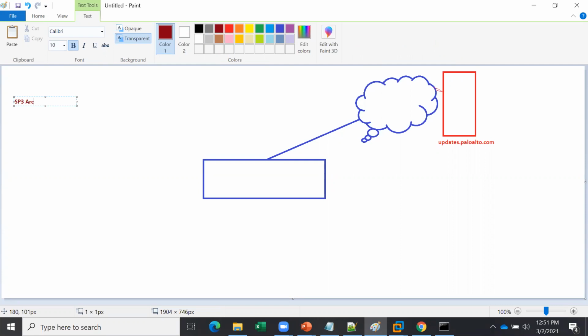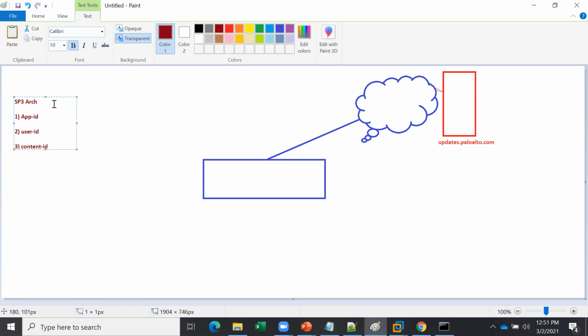So what are the main features of the Palo Alto firewall? The first is App-ID. The second is User-ID, and the third one is Content-ID.